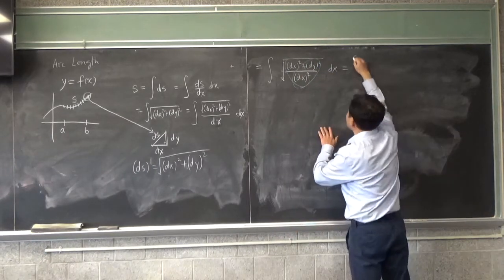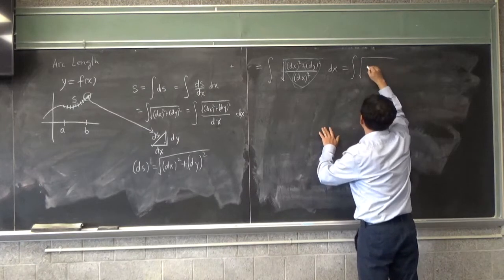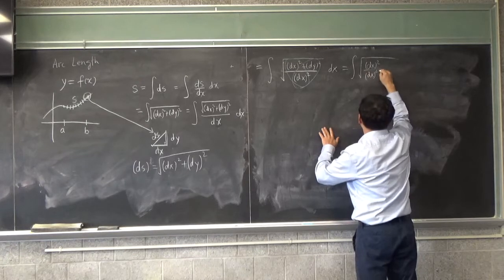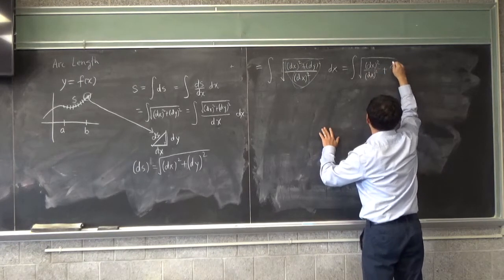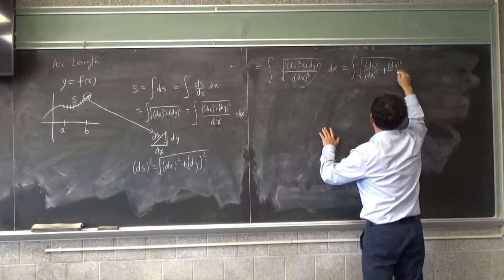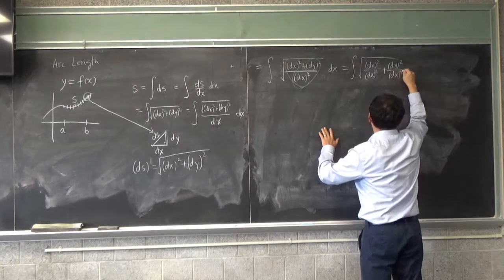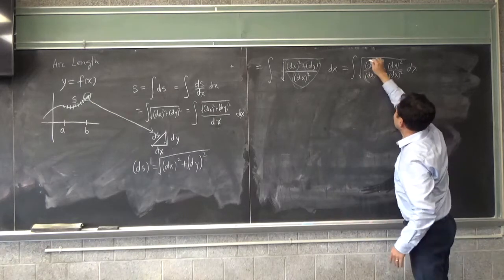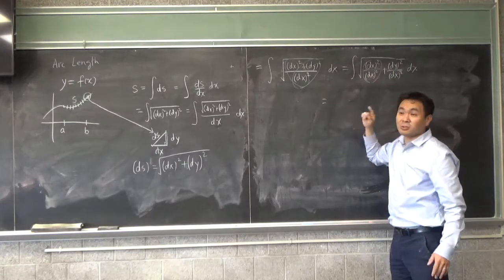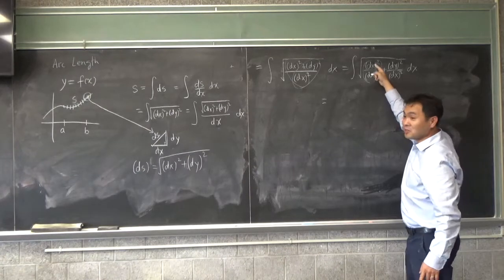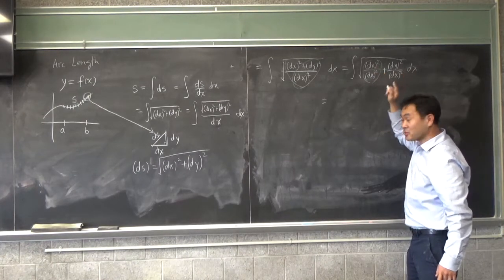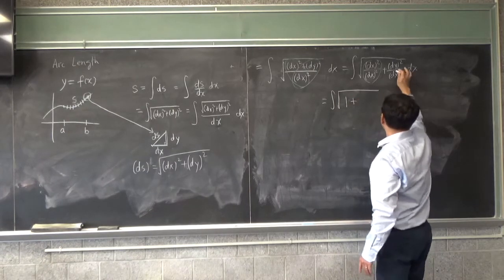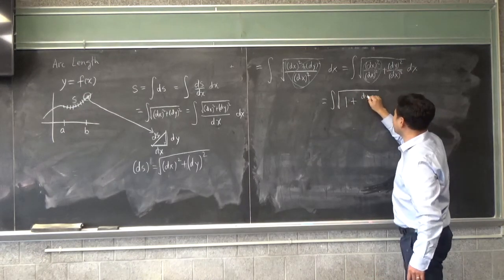So we rewrite it like that: an integral of dx squared over dx squared plus dy squared over dx squared, dx. And then what is this? It's just the 1. Anything divided by itself is just 1, right? So the integral of the square root of 1, and we can rewrite this as dy over dx